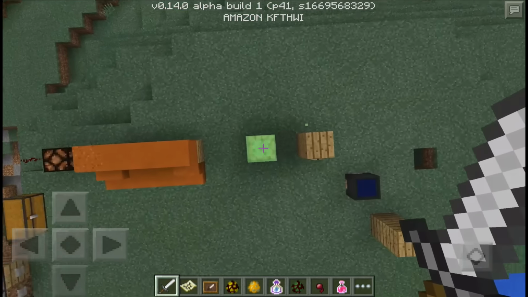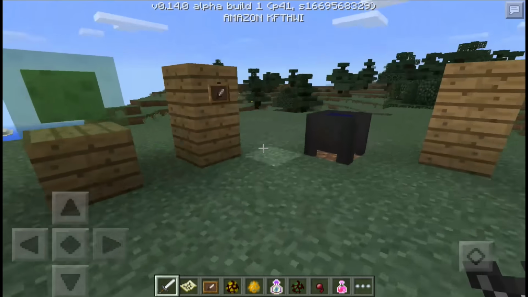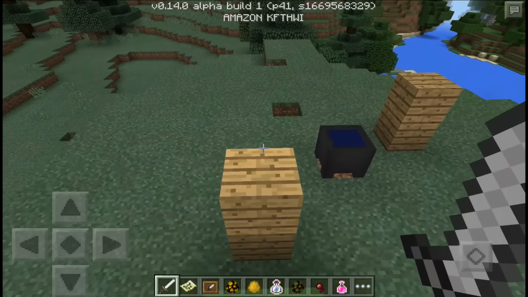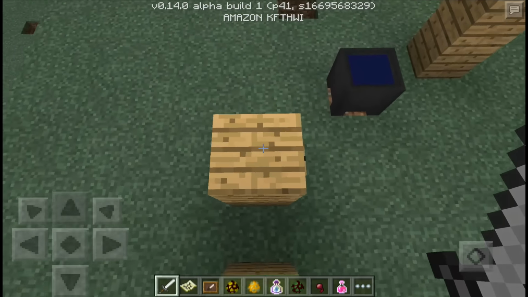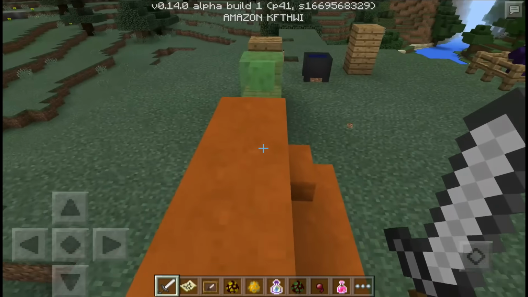It's just so much fun, and this is really useful in awesome parkour maps. I've seen people do it on PC, and I can't wait to try out some parkour maps that involve slime blocks. And I also have some pretty cool ideas for slime blocks myself,